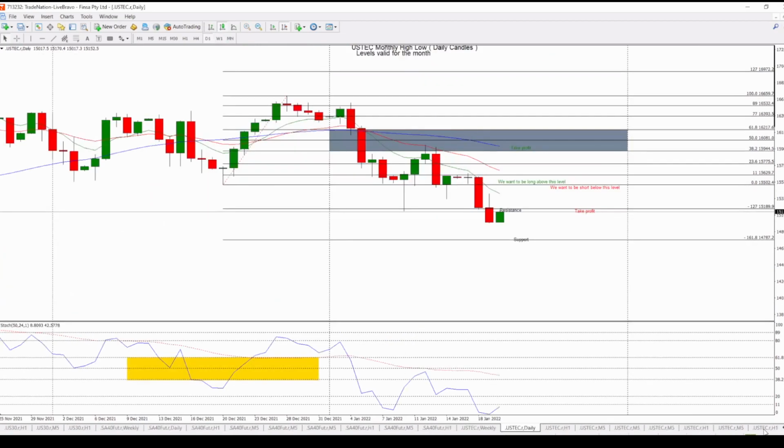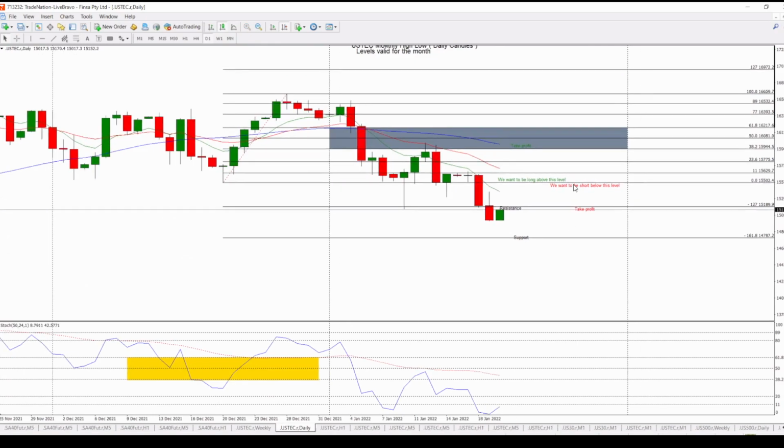So we look there on the monthly high low. Currently we're between the minus 127 and minus 161. Yesterday we did get that push down below minus 127, so we still have that outstanding target of 161. We look at the moving averages, 50 is above 21, above 8, that's indicating trend is down. Also, stochastic is currently below that 11 level. Let's see if that signal line follows through for a clear indication that the trend is down.